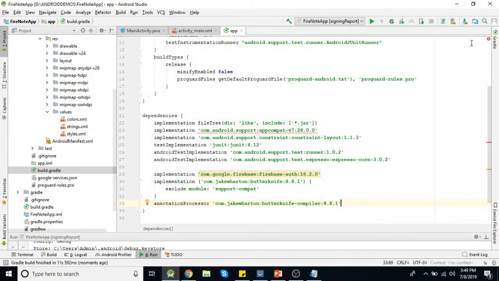And for user registration, we'll get some user information along with email and password, and we'll create one user in Firebase. So this is for our sign up process.